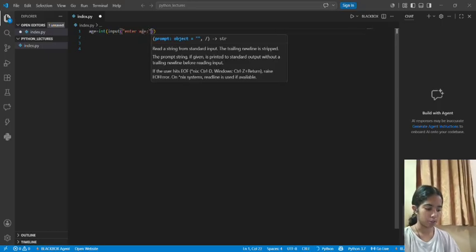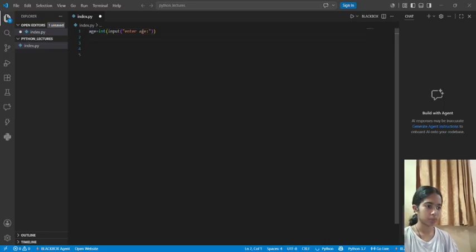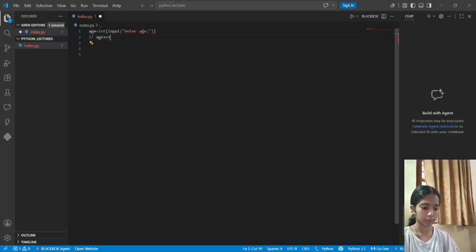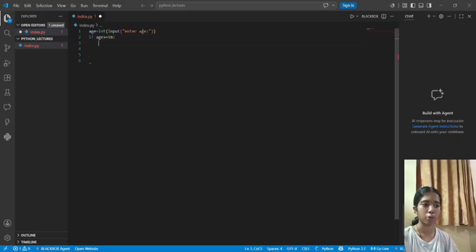Enter age. And now we will check whether the age is greater than or equal to 18 or not. And then a colon. It is a must after whenever you use the if, else, or elif statements as well. And then we will print